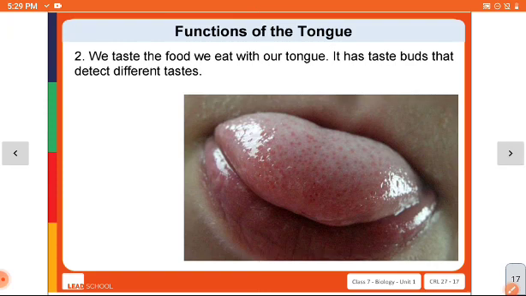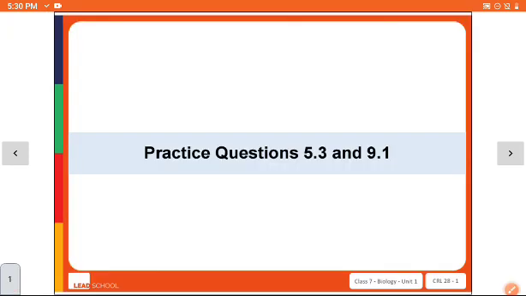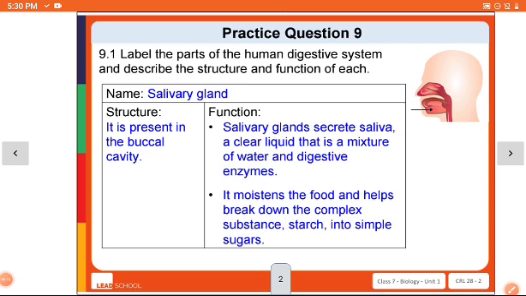So students, these are the functions of the tongue and the types of teeth we have learned. Now we practice some questions, 5.3 and 9.1. So first question, number 9: label the parts of the human digestive system and describe the structure and function